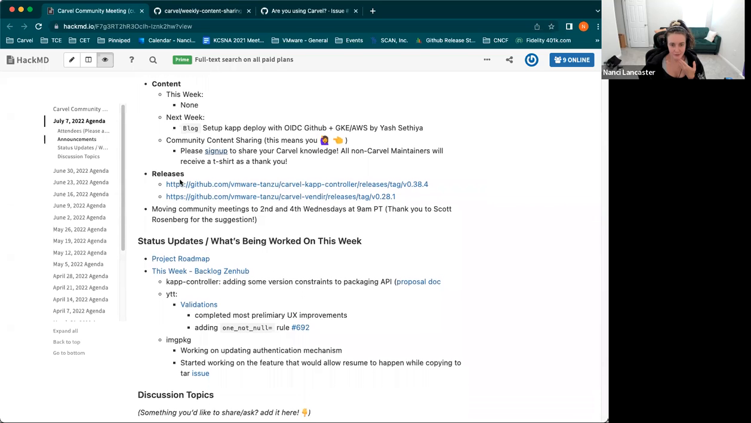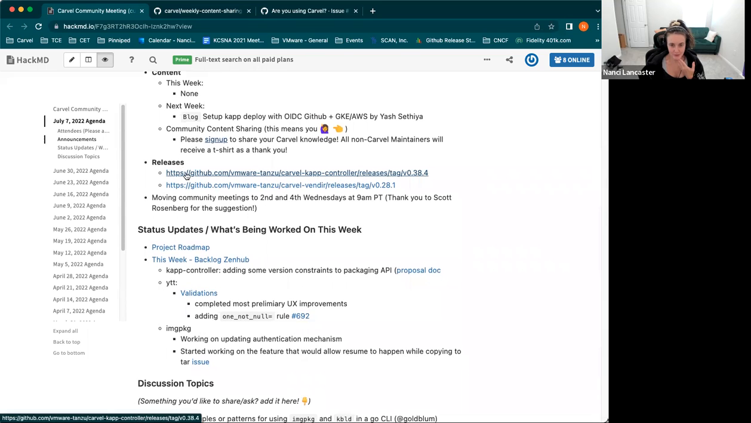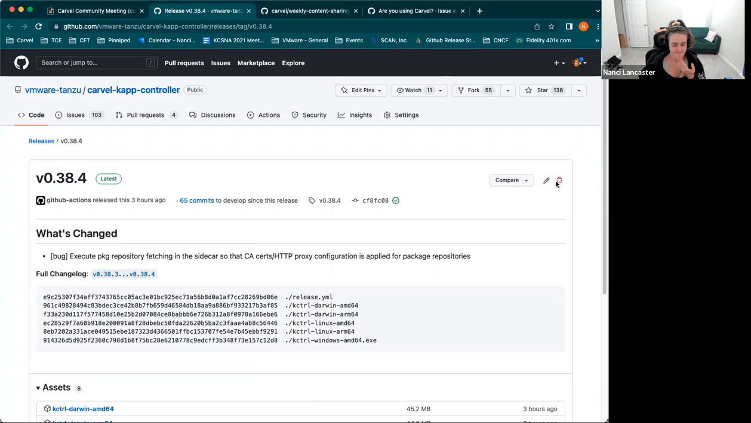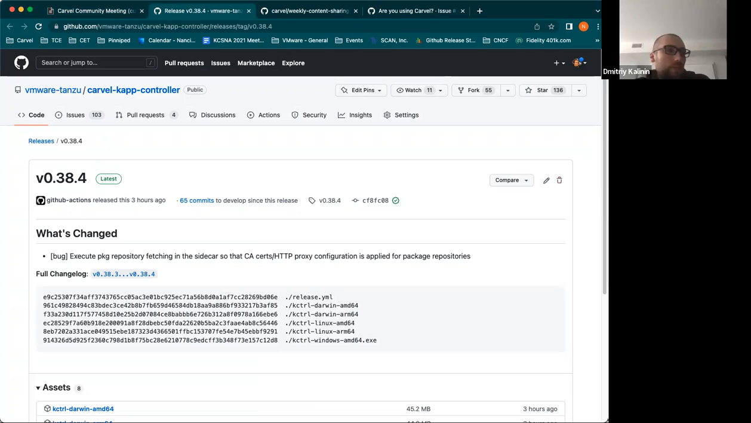Okay, moving on to releases. We got 2 releases here, kapp-controller and vendir. So yeah, this is just for kapp-controller,